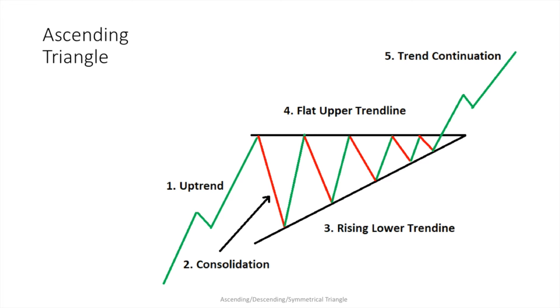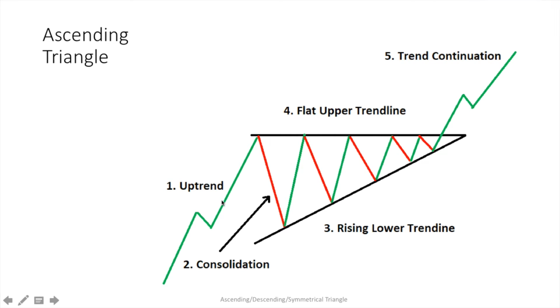As shown in the figure, we have an uptrend here. Now price came down, came up again, came down, came up. So it is taking resistance at this continuous point, that is a horizontal line. Again it is taking support at the trend line, and overall this is forming an ascending triangle. So we have an uptrend, then it takes resistance at the upper horizontal trend line, and the higher lows form near the trend line. Once there is a breakout, the trend may continue.